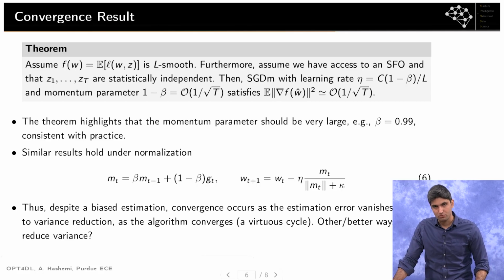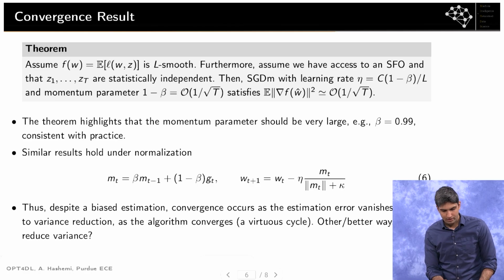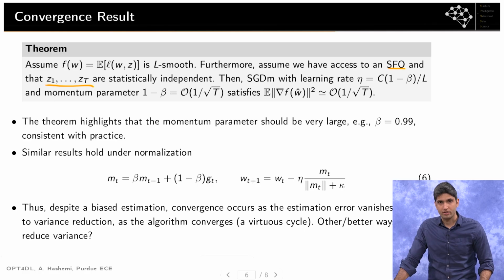In fact, that's true. So we can establish the following theorem. Let's assume that the average loss that we are minimizing is L smooth, but not necessarily convex. Let's assume that we have access to a stochastic first-order oracle and the samples are statistically independent. These are exactly the same assumptions we made when we analyzed the stochastic gradient descent previously. Then